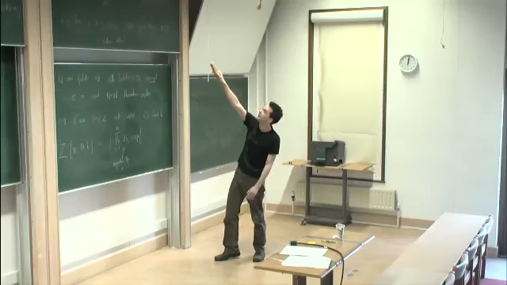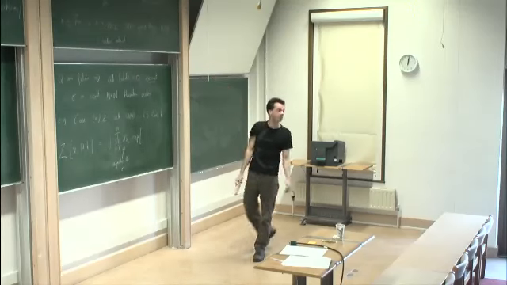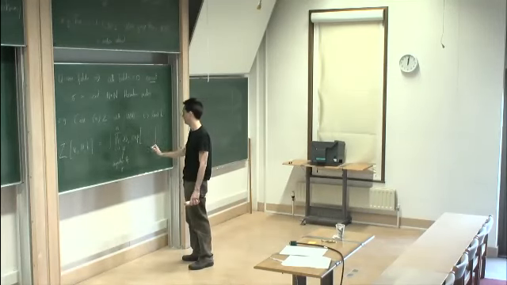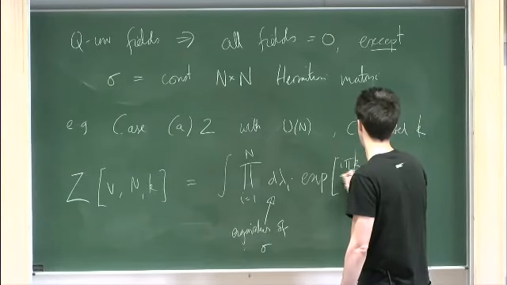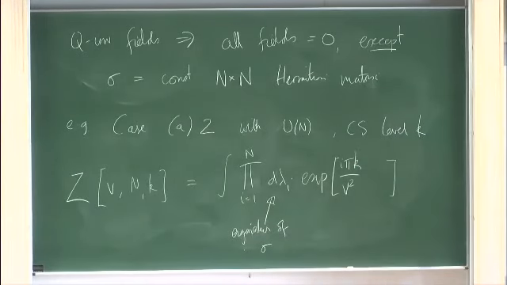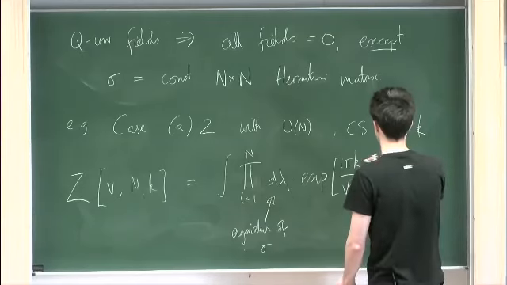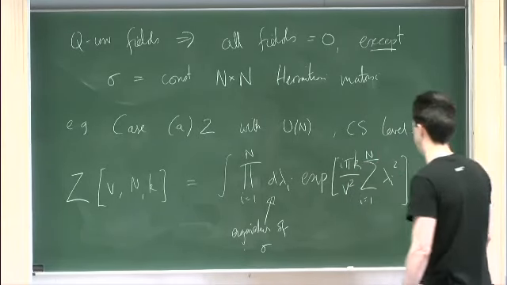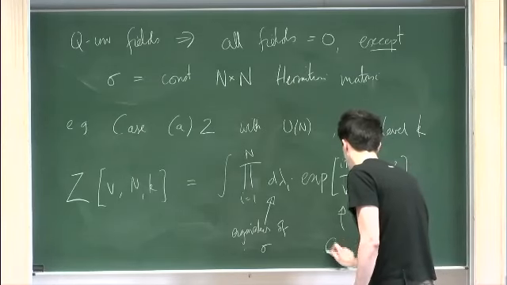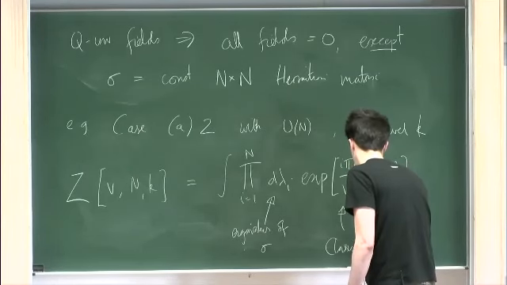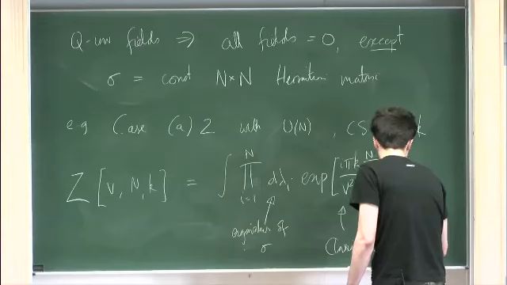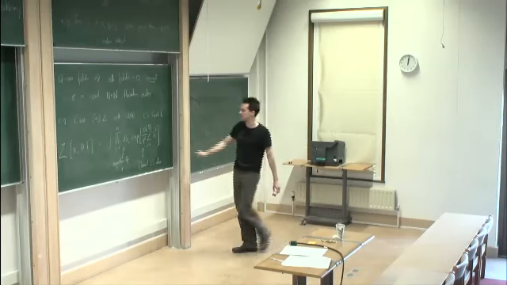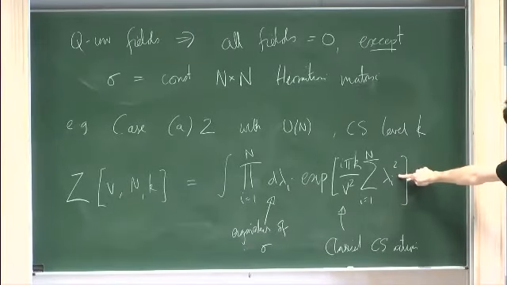In the formula up there, O is equal to 1, but I have e to the minus action evaluated on the saddle point, and you get a contribution from that: i pi k over squashing parameter v squared, and then the sum over i from 1 up to n of lambda i squared. This comes from the classical Chern-Simons action. Actually, it's precisely the terms I didn't write here. It's the supersymmetric terms involving sigma that contribute to this. This is basically the trace of sigma squared sitting inside here.